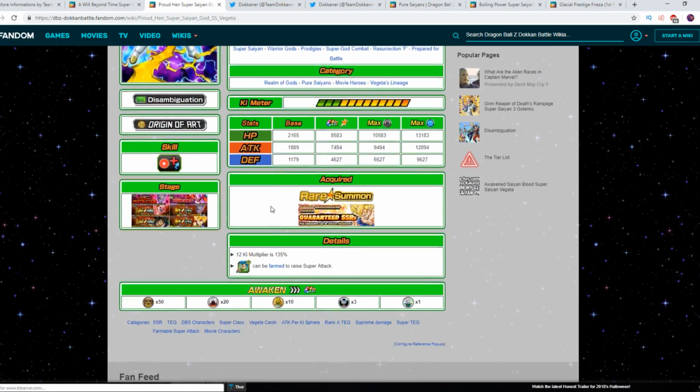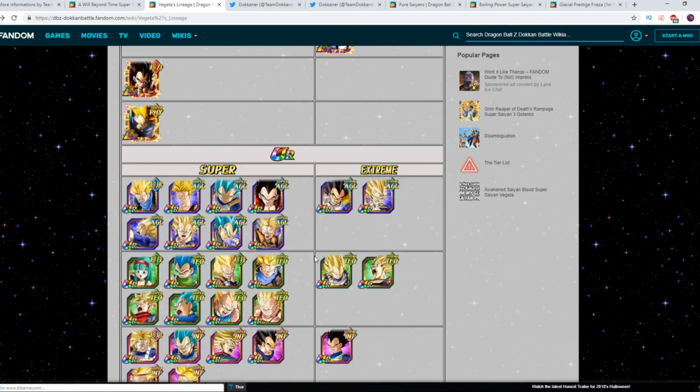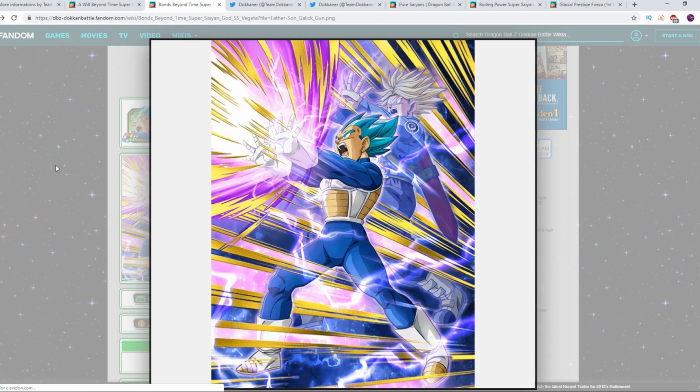Man, they have a lot of these old Goku and Vegeta cards that just need to awaken at this point. But anyways, Father-Son Galick Gun. I totally forgot this card was a thing, man. You know, this card isn't bad now, but when these cards came out, I'm not going to lie to you,